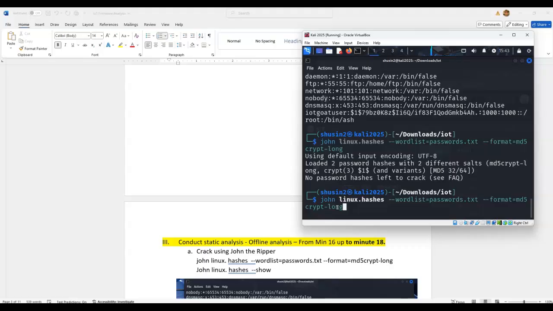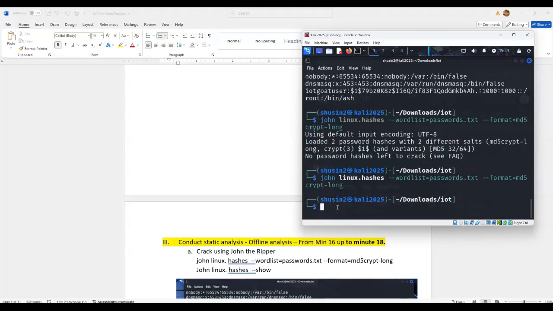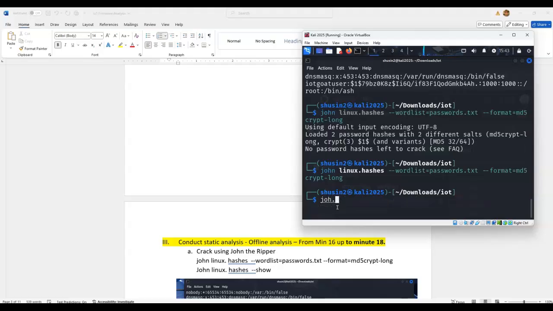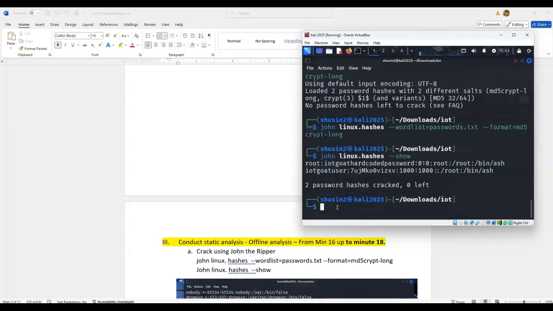All right, and then we're gonna use John to, let me see. Let me just type it, John Linux hashes dash show, right? Show. Now we just crack this one, right?